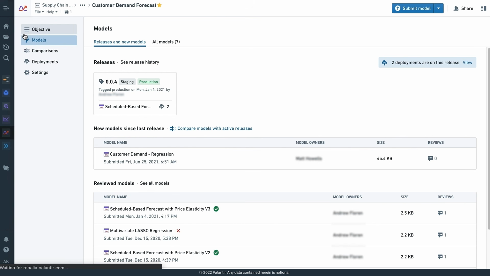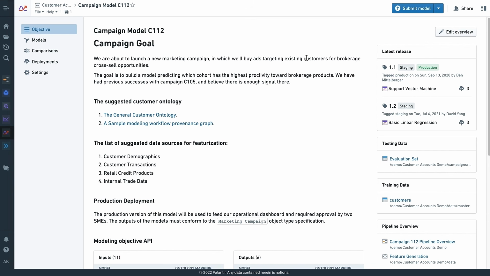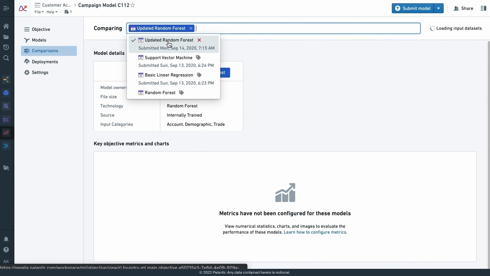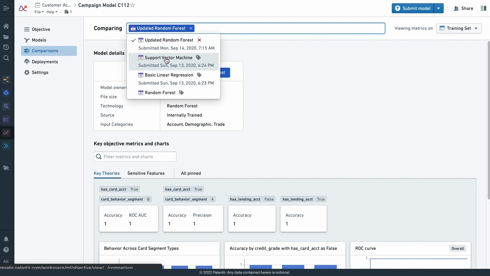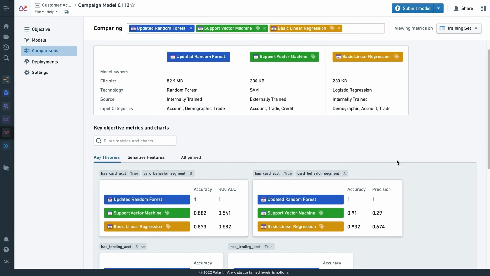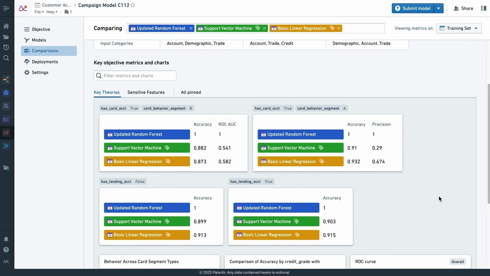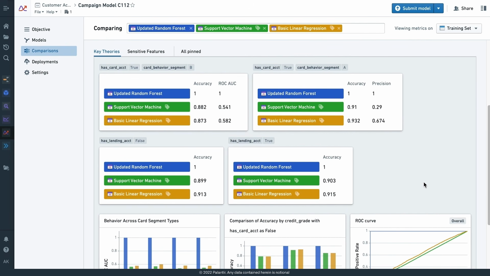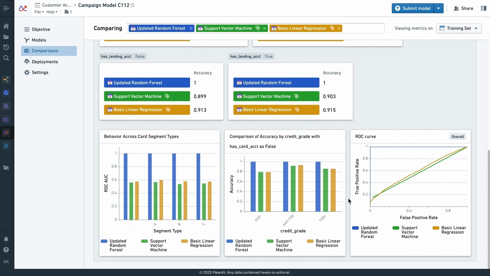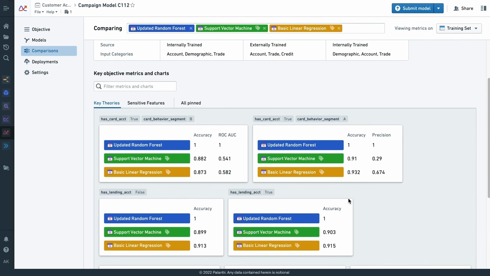And if I switch over to another objective here, which might be my campaign model, I can even go into the comparisons tab here and say, okay, for the different models that we're assessing, we rejected one of them, but let's still add it into the comparison. We have a random forest model, an SVM model, a linear regression model, and I want to compare the key criteria across these models. So, things like the ROC curves and how the different core dimensions of evaluation are performing across these different models. And you can customize very easily what these core dimensions are.